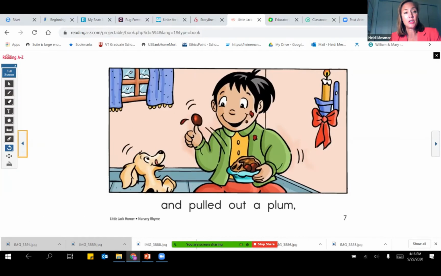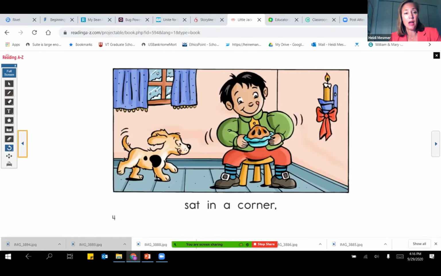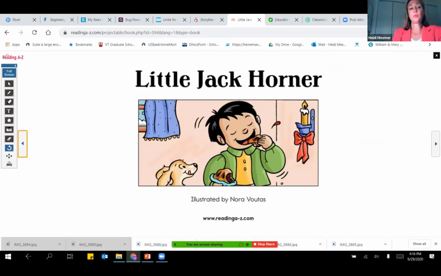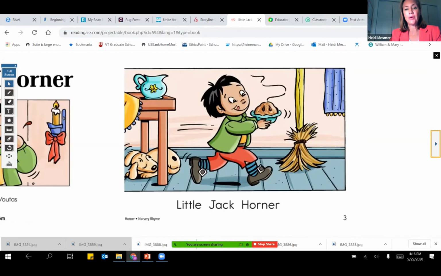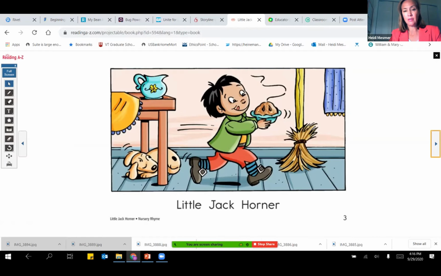All right, so then day 2, I'm going to read and point. And I'll show you different ways to read and point. And then I would ask the children to read and point with me, okay? My preference is to use the cursor, but you don't always have to do that. So let's read this story. I'm going to point. Little Jack Horner. Here we go. I start right down here. Does anybody know what that word? Little